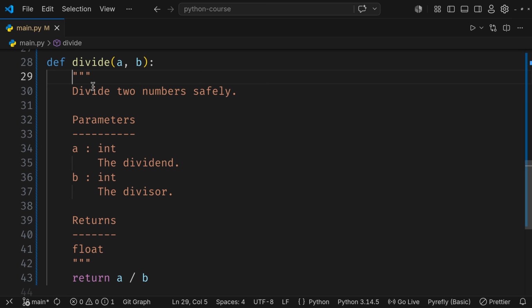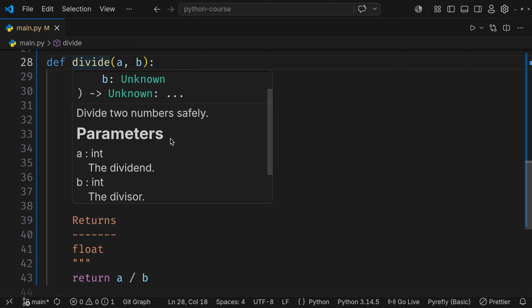As you can see, we have this divide function here. It divides two numbers safely, and here the first parameter is a, the second parameter is b, returns a float. Now if I hover over this one, as you can see inside of VS Code,